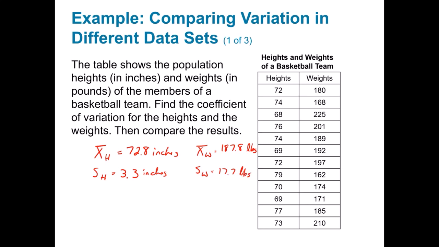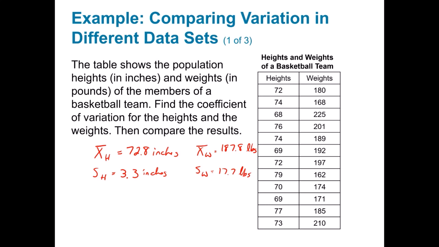So just looking at that, would it make sense for us to say, okay, this is bigger, so it's more spread out? No, because pounds and inches aren't the same, right? If you can even compare a length with a weight, chances are pounds are probably going to be bigger than inches, right? So it wouldn't make sense to compare these two as they are. So that's why we need that coefficient of variation, is we can look at it and convert it to a